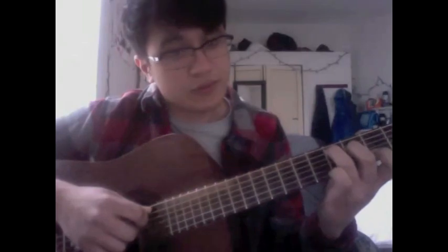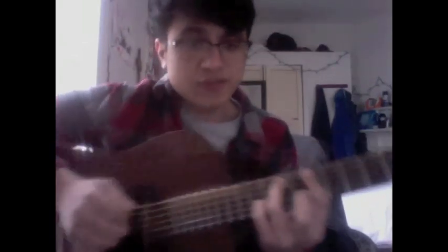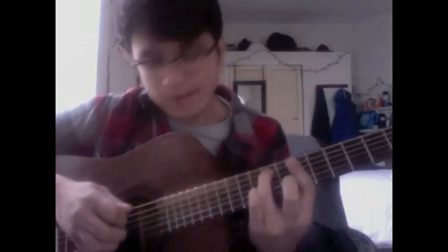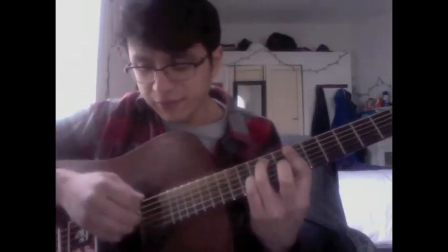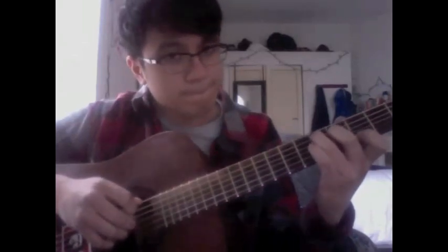And then you slide your 3rd finger up to the D, which is on the 10th fret of the A string, if you don't know it. And then how I play this chord is I bar my index finger and I play my pinky on the 11th fret of the B string. So I slide up and I slide up. And this part, I move these 3 fingers up from this string set to this string set. So from the inside 3 to the 4th, 3rd, 2nd string to 3rd, 2nd, and 1st string. So slide up, and then